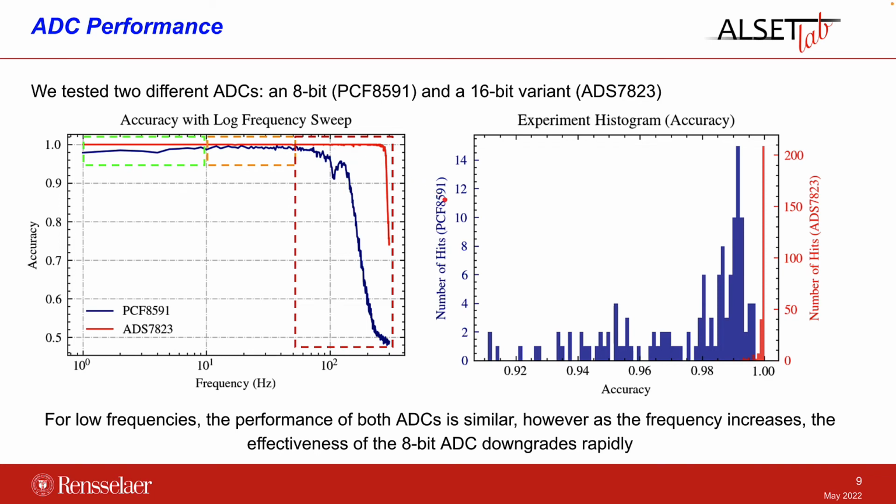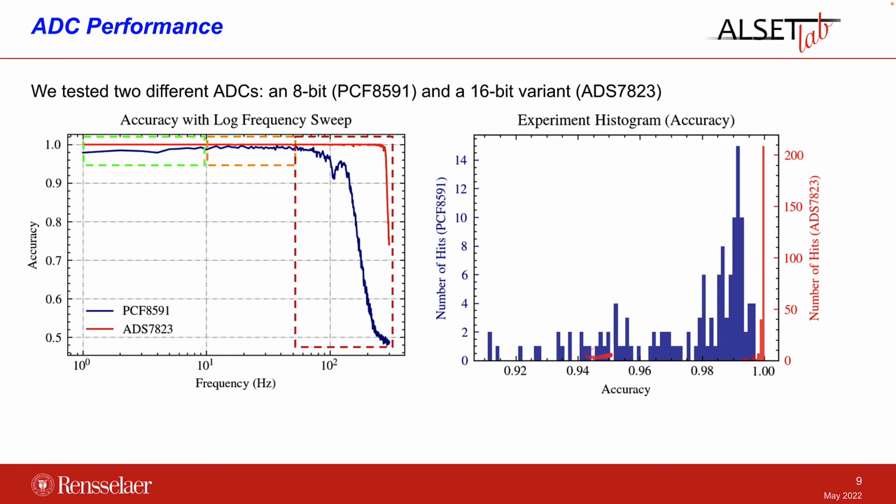Here on the right, we can see that the accuracy of the 16-bit ADC is concentrated more towards, or is skewed towards the 100% accuracy, which speaks really highly of the network that we developed, and it makes more or less sense because we developed the network for real-world oscillation profiles, and in our tests we included just one harmonic for demonstration. Meanwhile, the performance of the 8-bit ADC is more distributed, and we see some hits. I mean, everything is above 90%, but it's not as concentrated towards the 100% accuracy as in the other case.